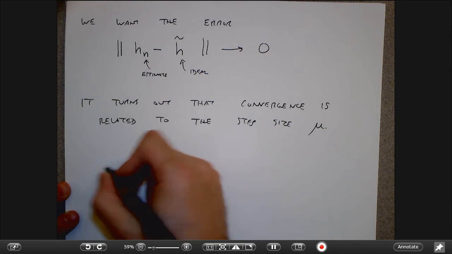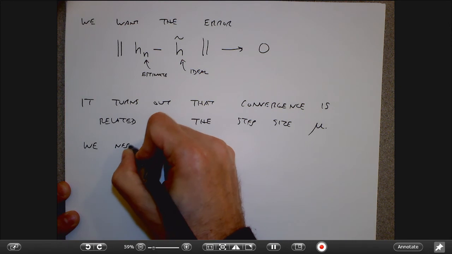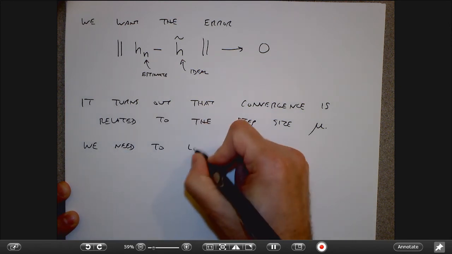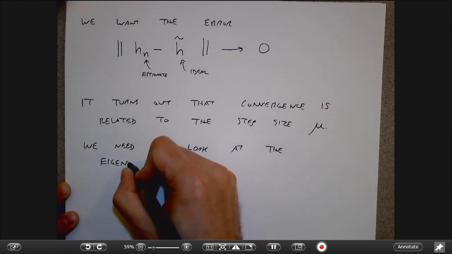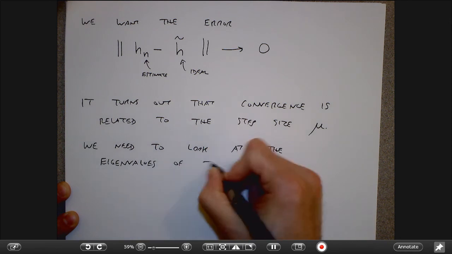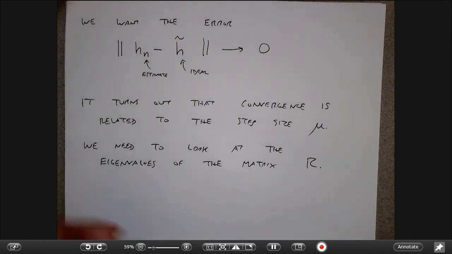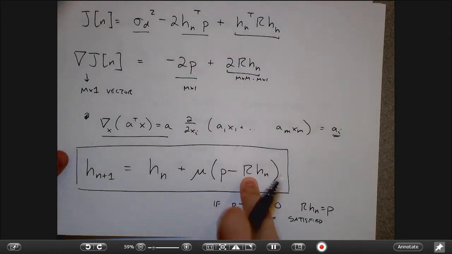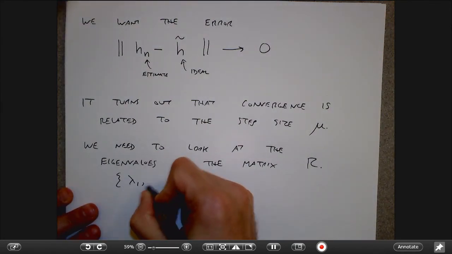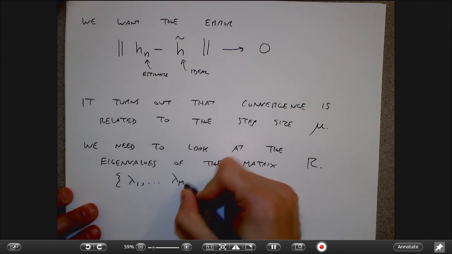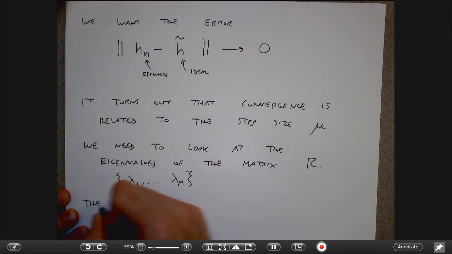And so there's a nice proof that says we need to look at the eigenvalues of the matrix R. R is the autocorrelation matrix that plays a role in all this Wiener-Hopf stuff. If I have m eigenvalues of the matrix, then the theorem is that